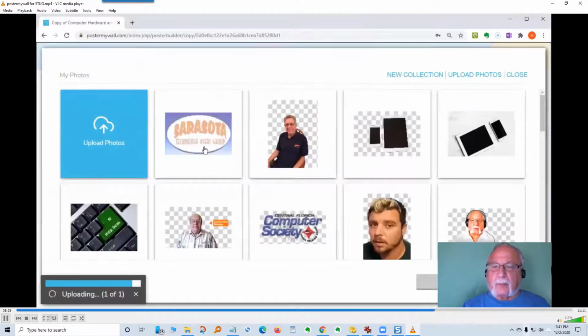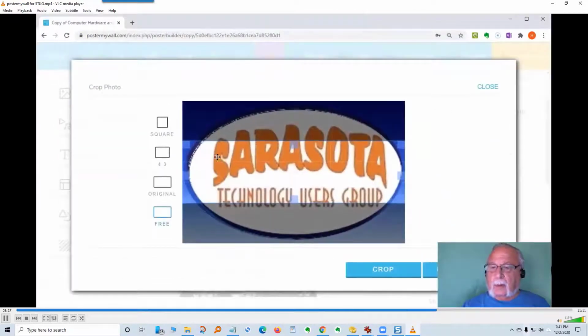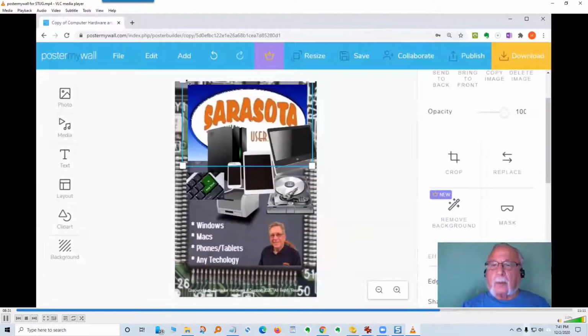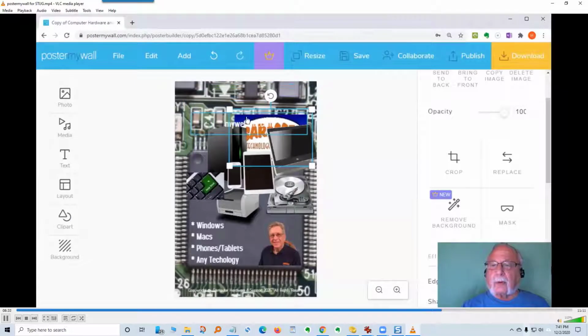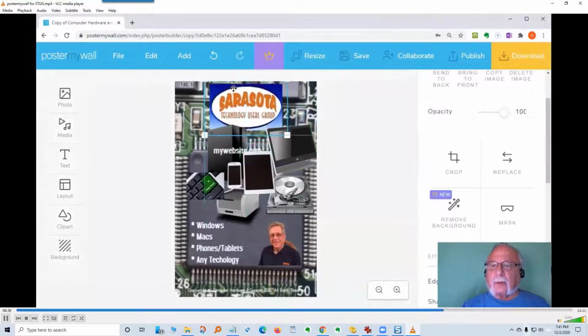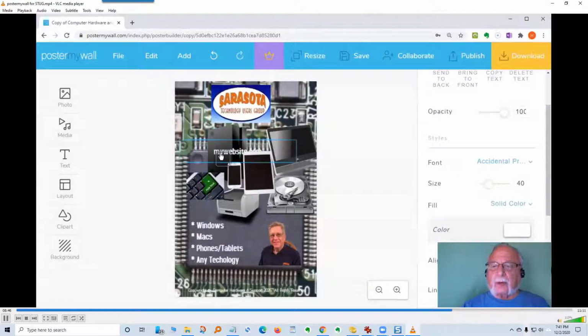Open. And we're not going to crop it at all. And we're going to bring the size down here. But what we want is this one. We're going to put it here, make it a little bit smaller, so it's sitting within us here. And then where it says my website,